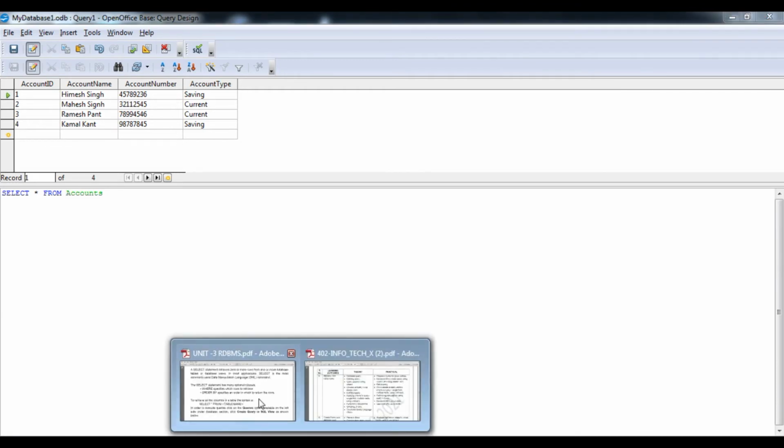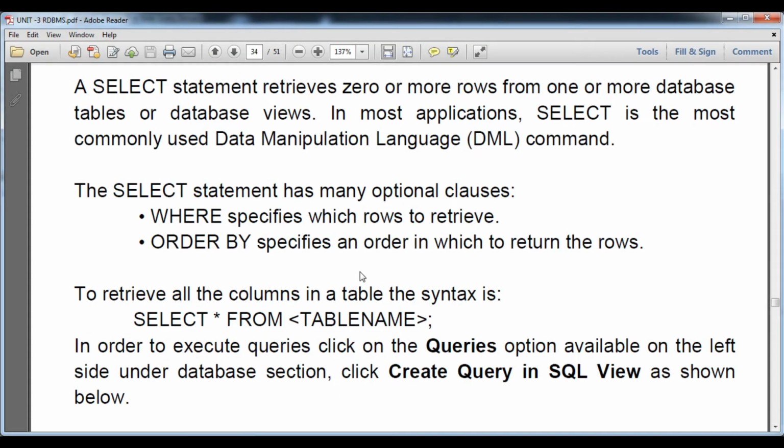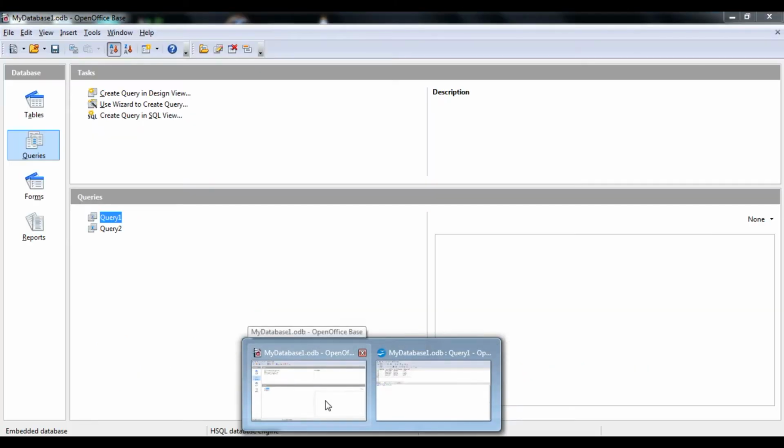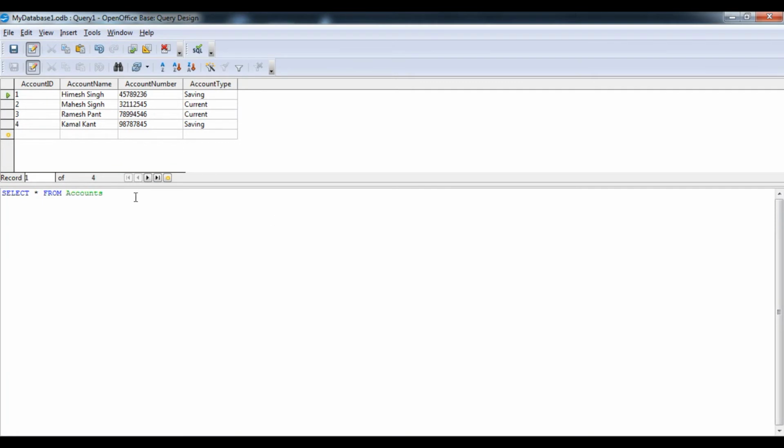Now we are going to understand how to retrieve information using particular criteria, that is the where clause. By that we can check whether the conditions are applicable to access the particular record or not. So now I go to this option again and then to query. Suppose I want to apply a query along with the where clause. The simple format is select star from account, that is the table name, then space where.